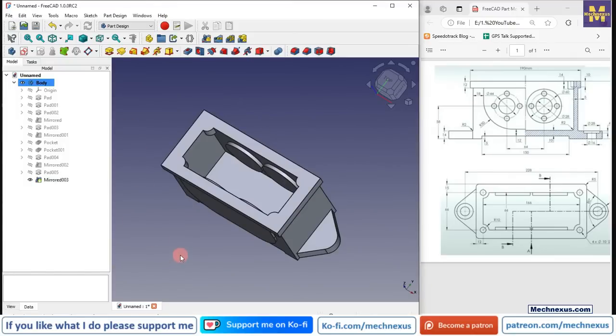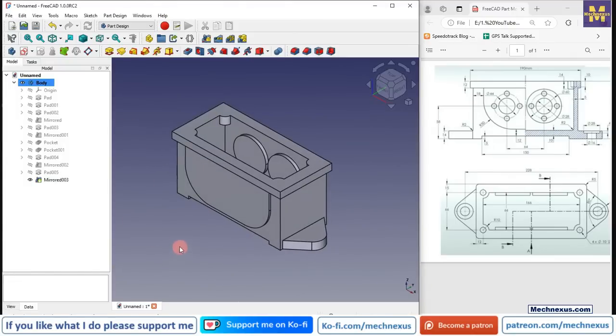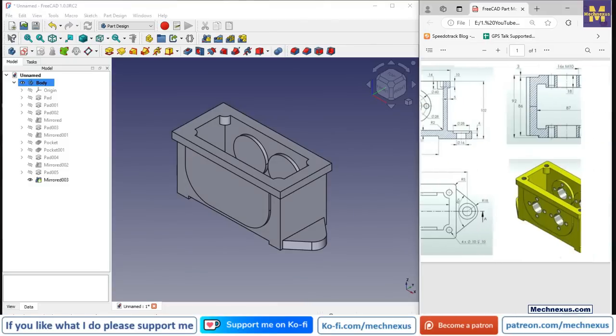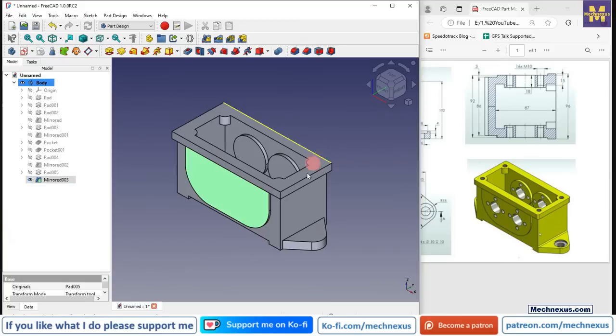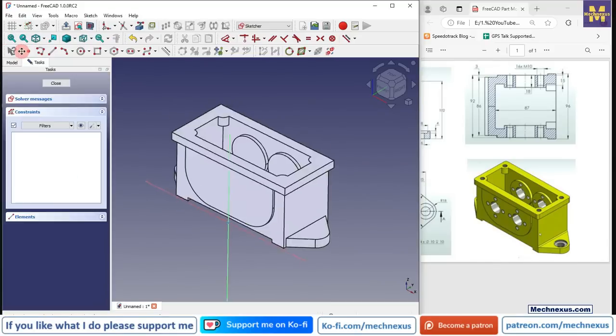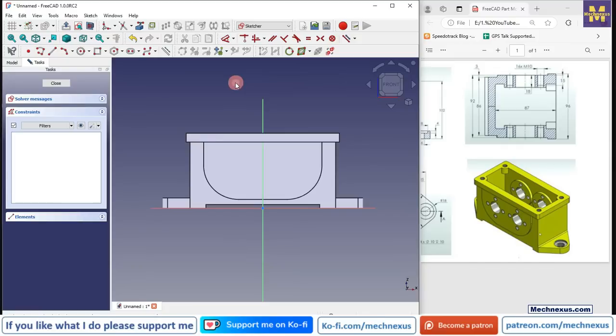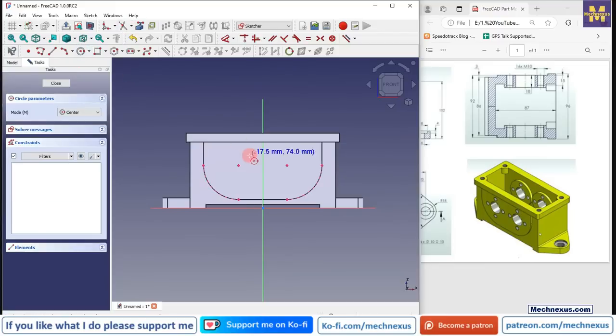Now press 0 for isometric view, and now we will create this through hole which we can see here in isometric view. And once we create these two holes, we will create these small holes. So it is very simple. All you have to do is select this face and click on the sketch, click on the project geometry, and select the circle,